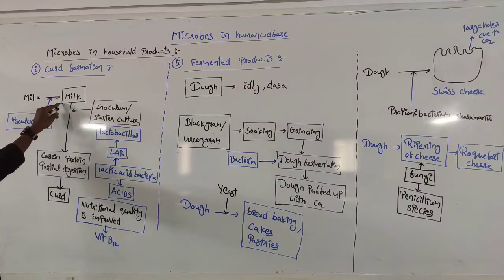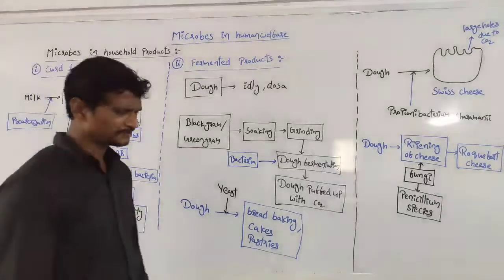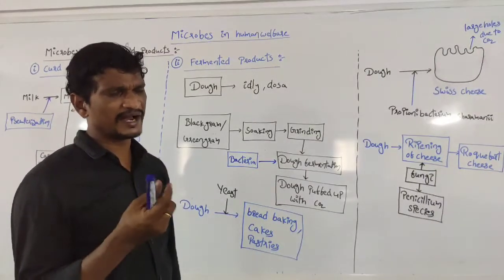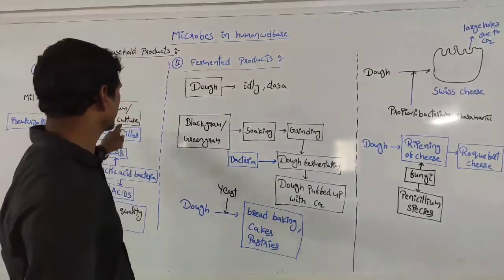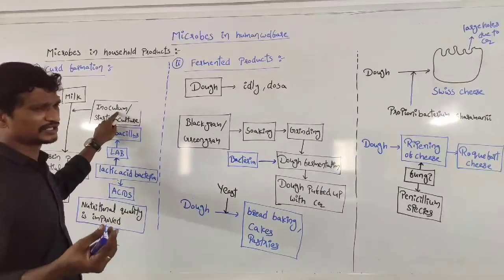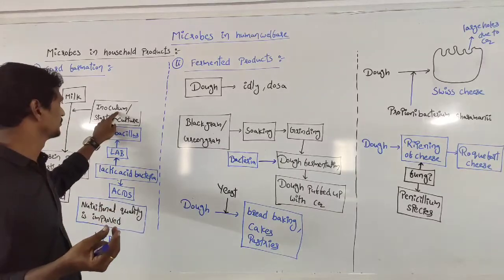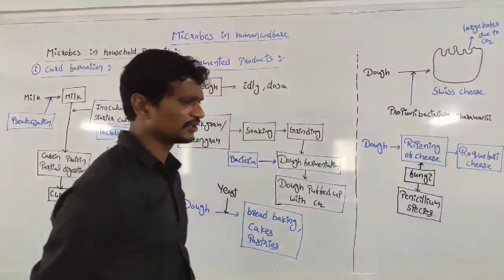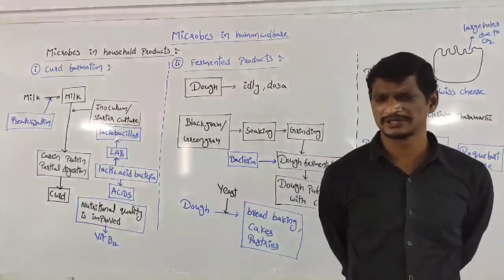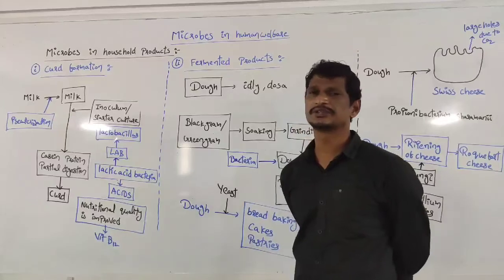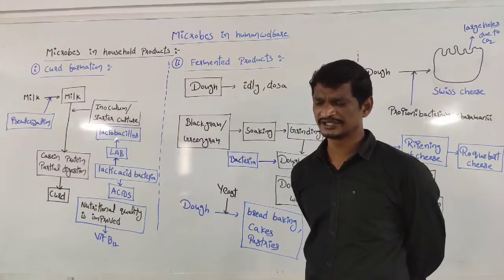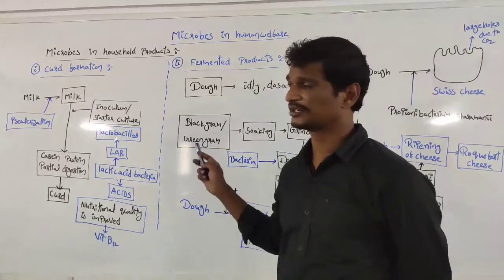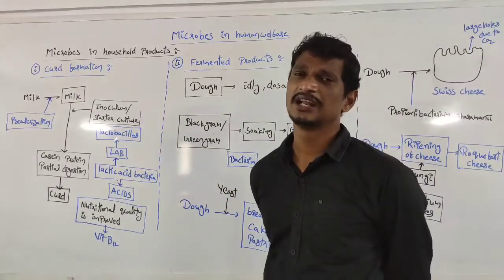So after the pasteurization process, we add some curd, a very minimum amount of curd, to the milk. That is nothing but inoculum, the addition of a little amount of curd. That is also called starter culture. So in the presence of Lactobacillus bacteria, how does the milk turn into curd? We already discussed this concept. What bacteria are we talking about here? One of the LAB bacteria, right?